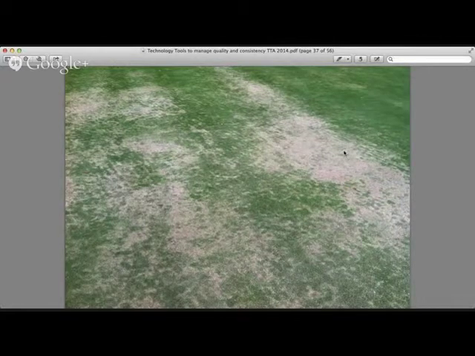So this is an image of a putting surface in the New England area a couple of years ago when I was making an internship visit, and he was struggling with some areas. He thought that it might be bacterial wilt. I took a look at it, and having seen Pythium root rot on a consistent basis down here in the southeast, I said, well, I'm pretty sure it's Pythium root rot. We took a sample and dropped it off at a diagnostic lab there in the northeast,